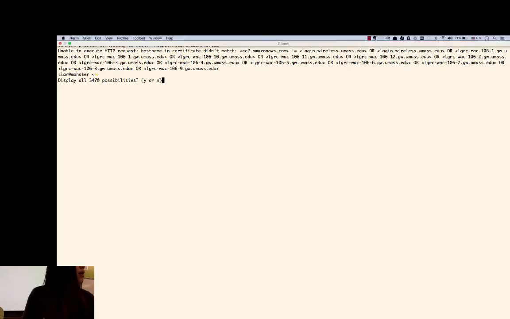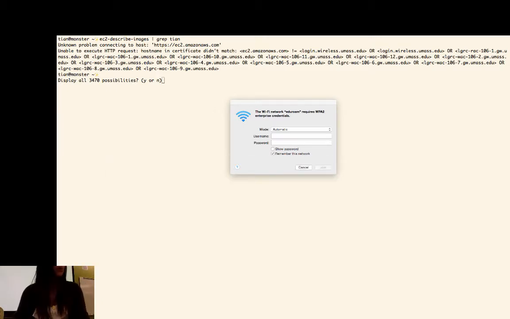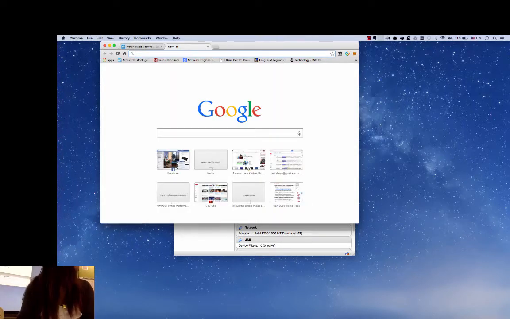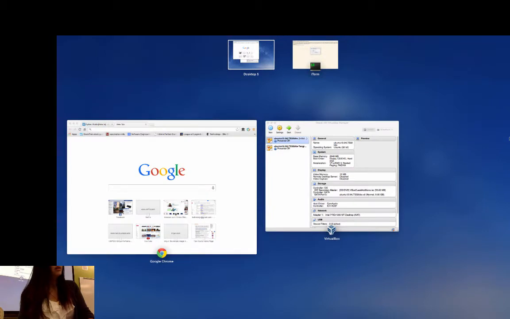Apparently my edu-roam doesn't work. Great, this is not working. I really want to show you guys this. This is really frustrating, but I'm sure we can figure it out.